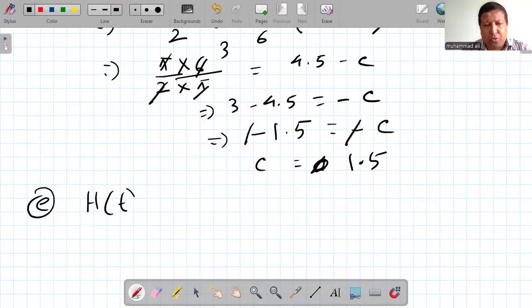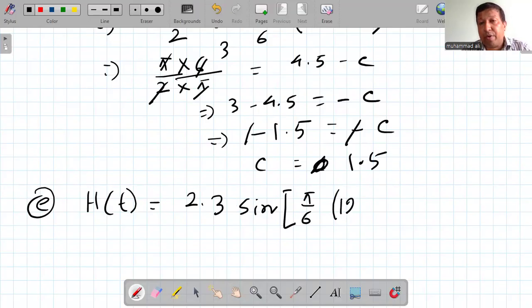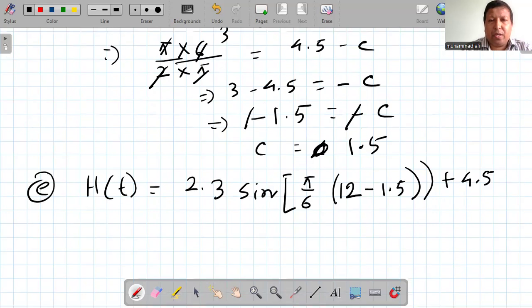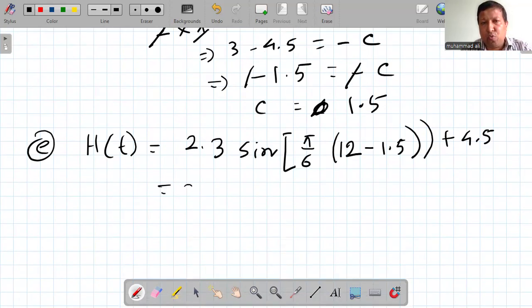Function h(t) equals 2.3 sine pi by 6. This is when time is 12, that means we have to write here 12 minus C value, which was 1.5, plus 4.5. We want to find out the value of h here. So this is 2.3 sine pi by 6, 12 minus 1.5, it is 10.5,